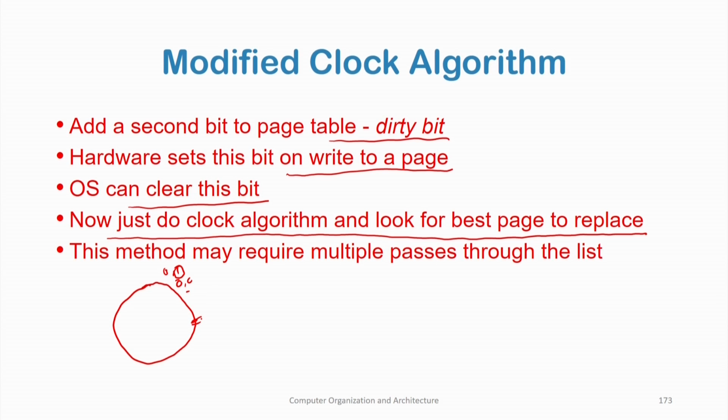If you find a page which has both bits 0, you use it for replacement. If both bits are not 0, then you find out whether the least significant bit is non-zero. If it is non-zero, you set it to 0. Now in the first round, if no page is found,